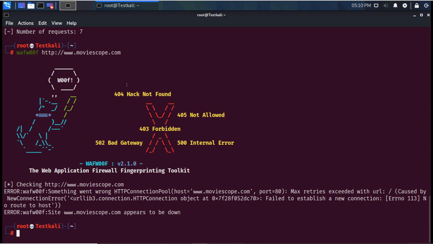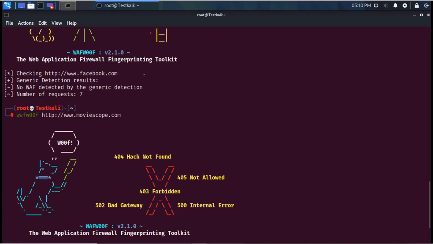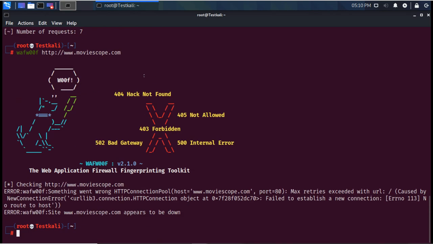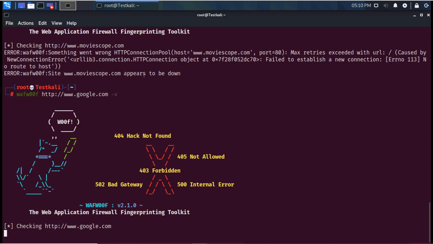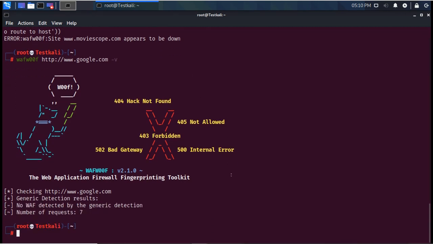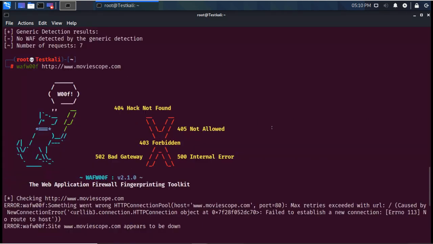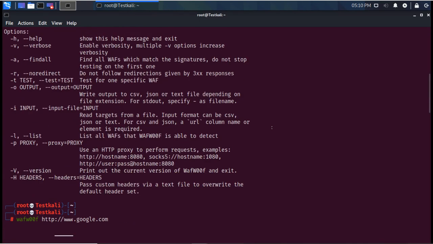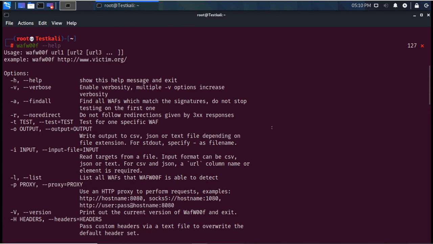So it is the tool, very simple. We can use this normally. I will try verbose mode. So it is saying that it is not there. If some site is having it, it will show that it is available there. Otherwise it will say it is not available.